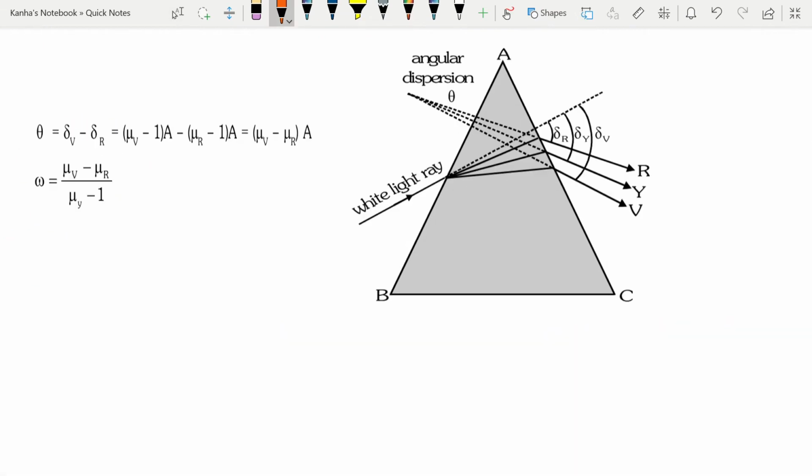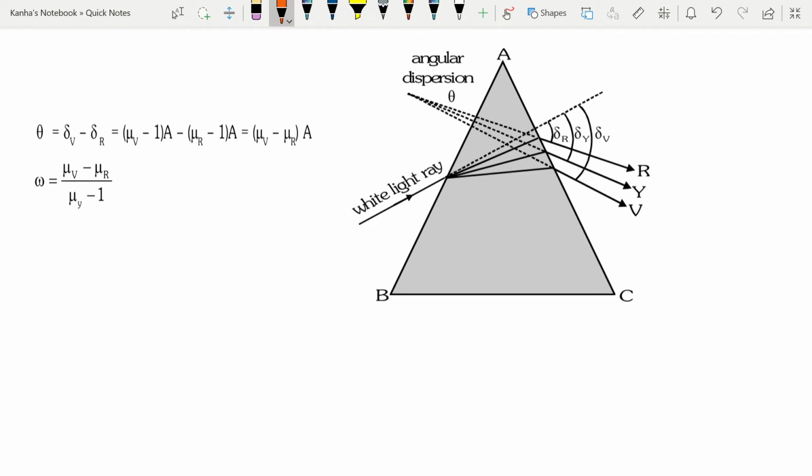Now let's quickly discuss some other results. First of these is from the dispersion of light. So when white light is incident on a prism, then it is split into 7 colors. This phenomenon is known as dispersion. A prism introduces a different refractive index for different wavelengths.